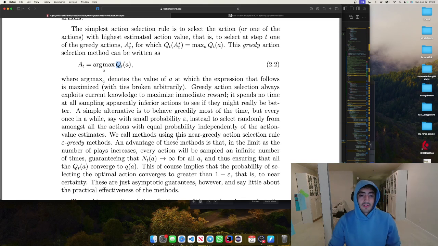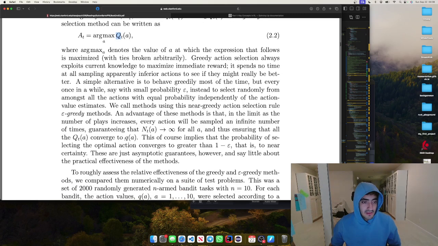We call methods using this near-greedy action selection rule epsilon-greedy methods. An advantage of these methods is that in the limit, as the number of plays increases, every action will be sampled an infinite number of times,